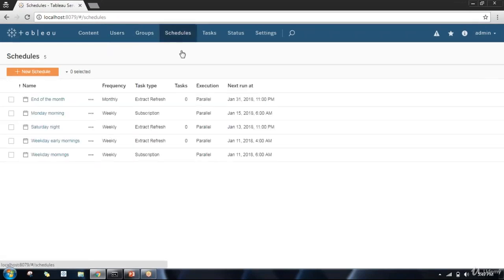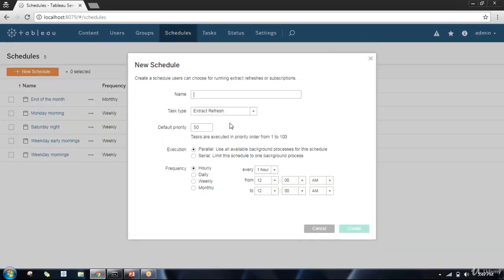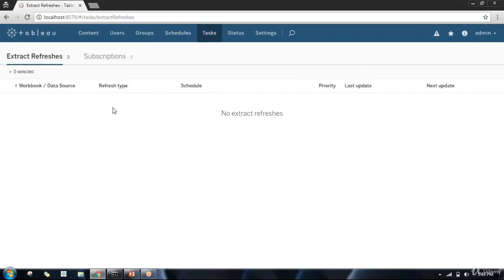If you want to assign some tasks to Tableau Server, you can use schedules. These are the previously created schedules on Tableau Server. If you want to create a new one, you can go ahead and select whether it is an extract refresh or a subscription. Based on those combinations, we can create the task, and whichever tasks we have created are listed here. Right now we don't have any task assigned to Tableau Server, so we cannot see anything. If your organization has created multiple tasks, they are going to be listed here.